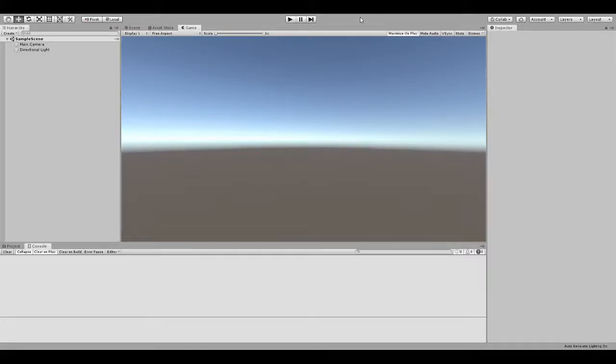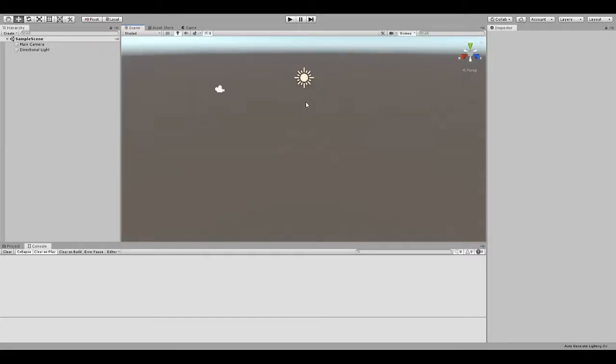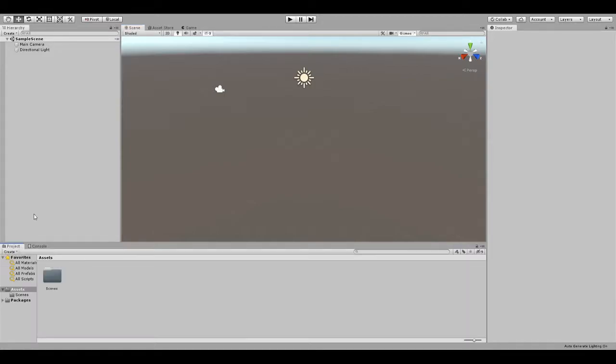Alrighty. So when you open up Unity in a new 3D project, this is what you will be shown. Sorry, that was the game tab. We'll talk about that in a second. So Unity, at first glance, is actually kind of scary looking. There's a lot of things on the screen, albeit not that much, but it's very powerful in what it can do. So as long as you know what everything does, you can access all sorts of different parts of your